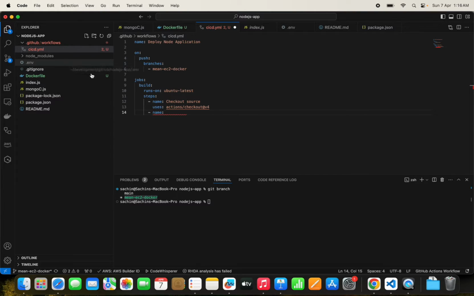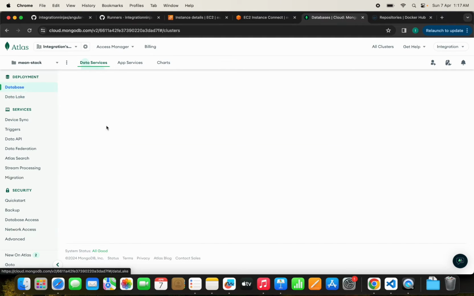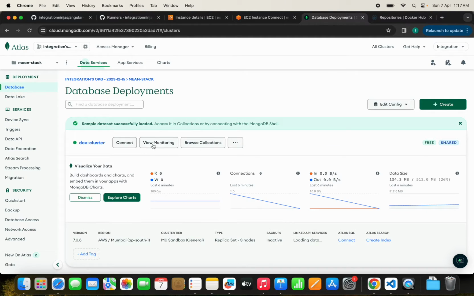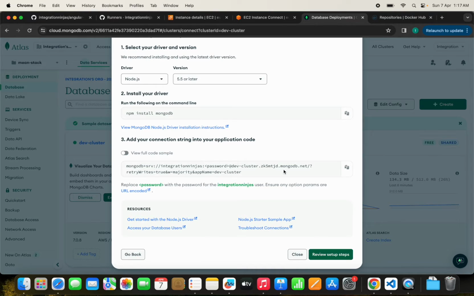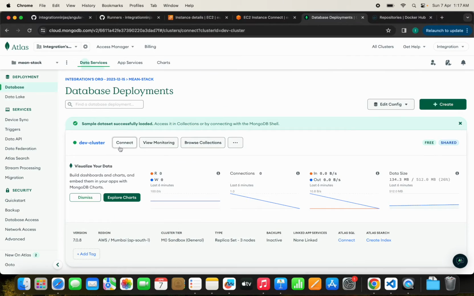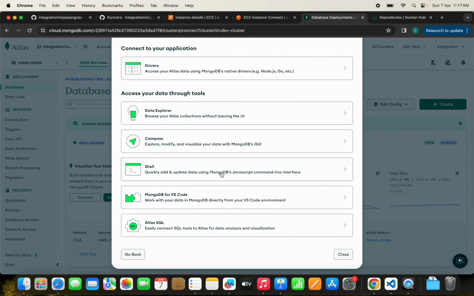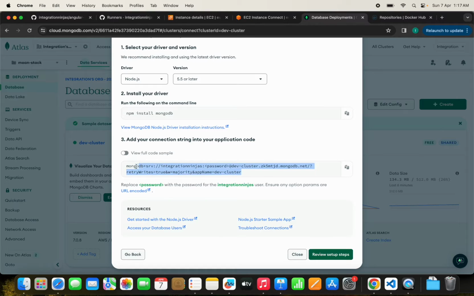After that, we need to see if our database details and everything work fine or not. So here we'll do one thing. We'll go to the database, MongoDB, and click on the database, and we'll try if our database is properly working or not. We'll click on Connect and we'll see the drivers here. Okay, maybe not this one. Click on Connect. Okay, drivers and these details,